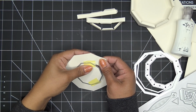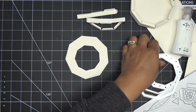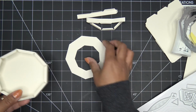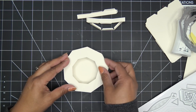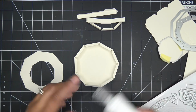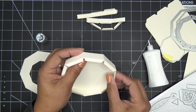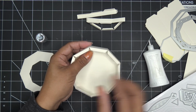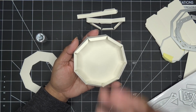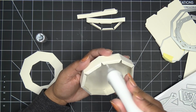So I'm going to peel this off. And basically you're looking at aesthetics at this point when you're trying to center it. But you don't really have to. And then we're going to bring this over, and then we're going to sit this on here. Okay, so that's all it's for, and it's basically to help you stick the glue tabs down. And what I do when I do something like this, I'll bring the glue tabs up so that they're pushing into the paper when I bring the paper to sit on top of it, right? And that kind of helps already. If they were pushed all the way down, then it'd be harder for them to make contact. So I bring them up a little bit,